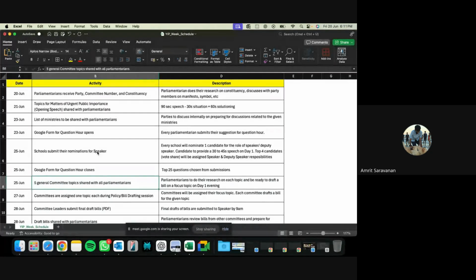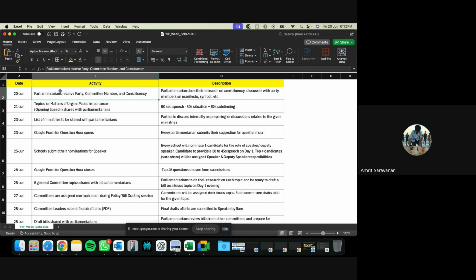So another point, once during the parliamentary session, no one would be referring to each other by their names. So it'll again look at how the Indian parliament sessions go on, and you would observe that they would refer to them as a member of parliament belonging to so and so constituency. So your name would become irrelevant here, and your identity would be associated with the constituency you are from. That's why your constituency is also important.